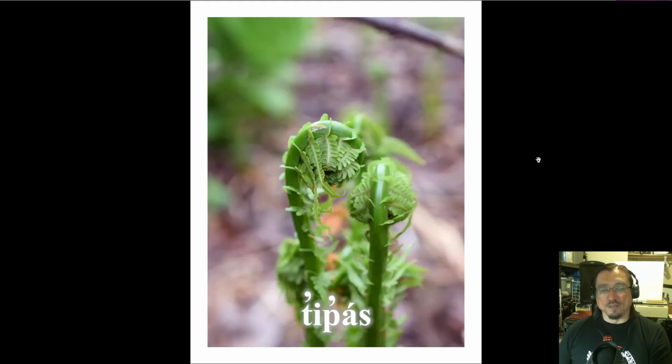This next one is tapeas. So this is a fern plant. Remember what I said about words ending with as and having a consonant with an apostrophe on it. So tapeas is the fern plant. Tabam is the fern root that is also used by isla people. So tabam is the root, fern root. Tapeas is the plant above ground.